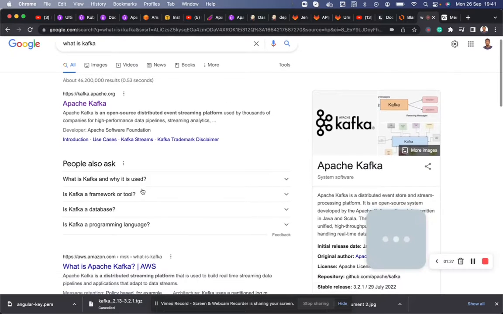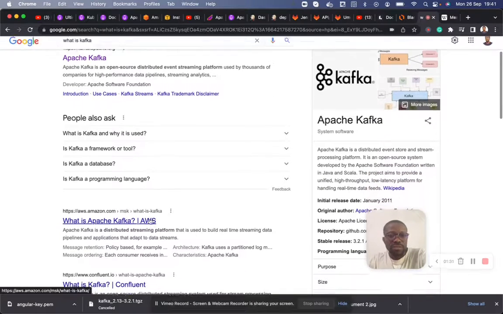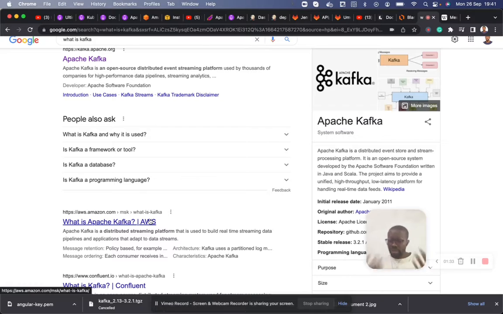Let's see different definitions of Kafka. In my own definition, from what I've read, Kafka is basically for data streaming, movement of data from one source called a producer to another source called a consumer.